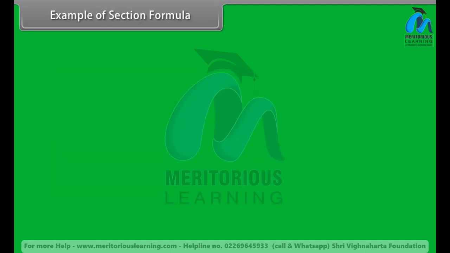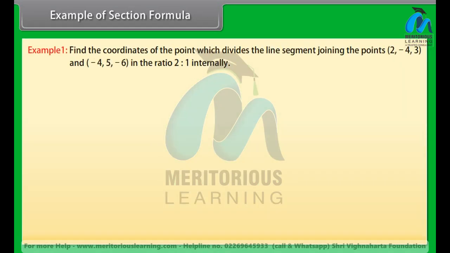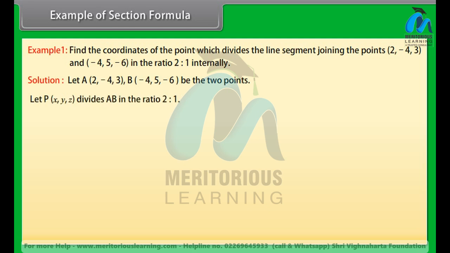Example of section formula. Find the coordinates of the point which divides the line segment joining the points (2, -4, 3) and (-4, 5, -6) in the ratio 2:1 internally. Solution. Let A (2, -4, 3) and B (-4, 5, -6) be the two points. Let P (x, y, z) divide AB in the ratio